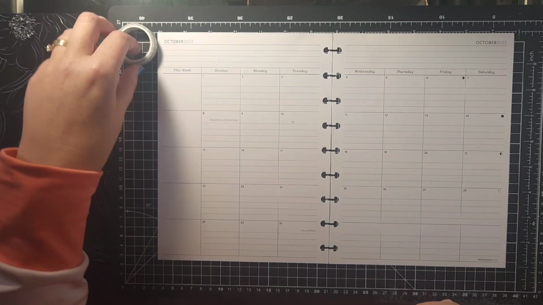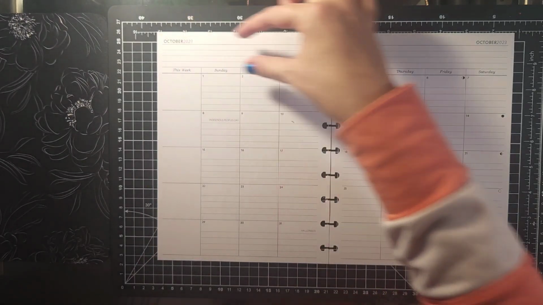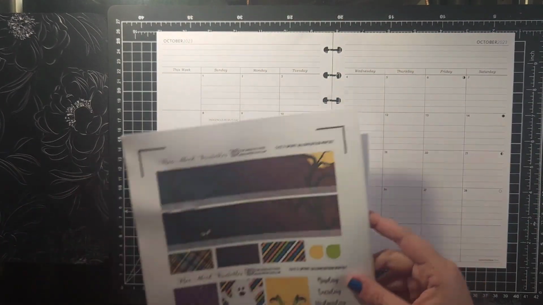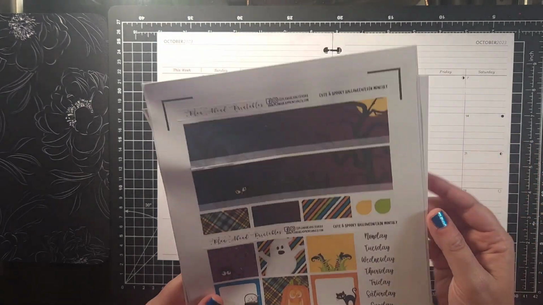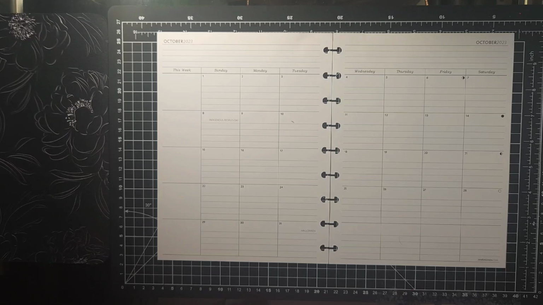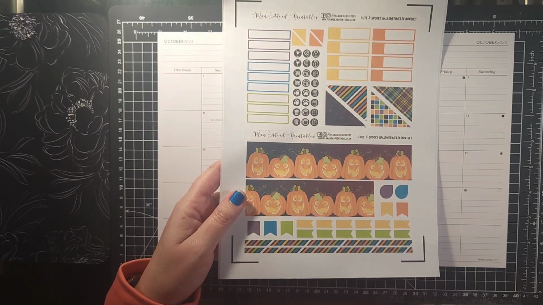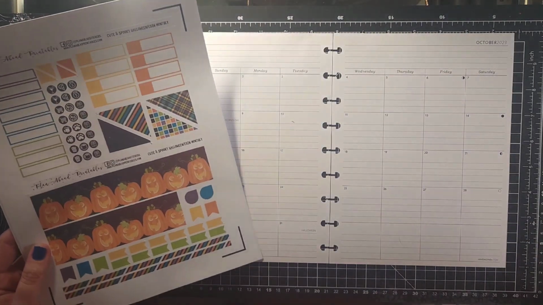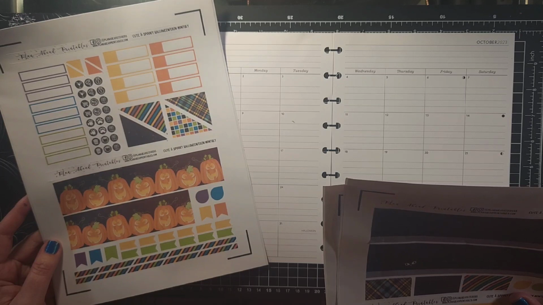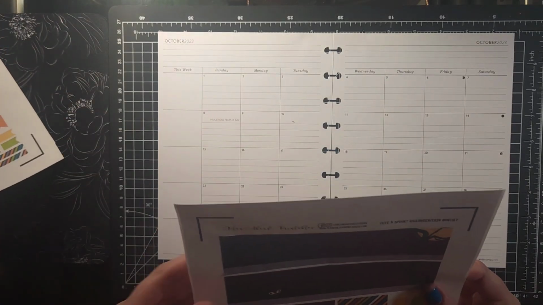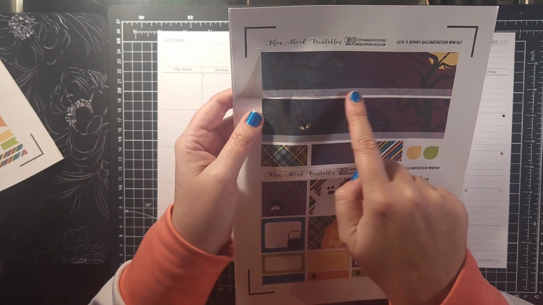So let's get started. I'm going to start out here first of all with a banner at the top. I have my choice between this dark tree with a cat banner, or I could also use the pumpkins banner. I'm kind of debating what I want to use there. They're both really cute. I think I might use this banner because it actually has a faded line there